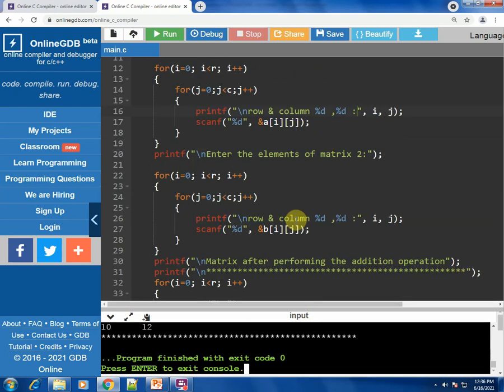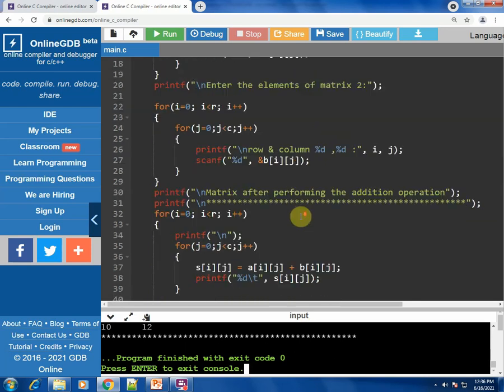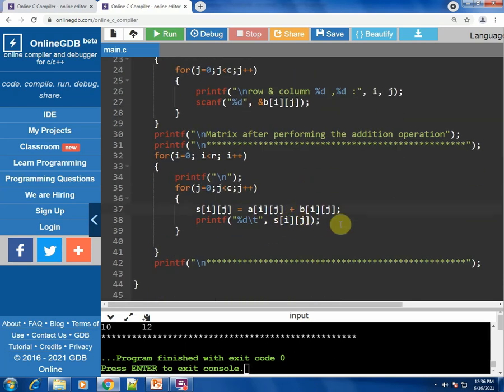Similarly, you can do matrix subtraction also. You can subtract two matrices. Okay, all you have to do is, instead of using the plus sign, you have to use minus sign. So perform a subtraction on all the elements of the matrix. Now for matrix subtraction also, the prerequisite is that both the matrices should have same number of rows and same number of columns. Okay, so you can try this program by yourself for matrix subtraction and see if you are getting the